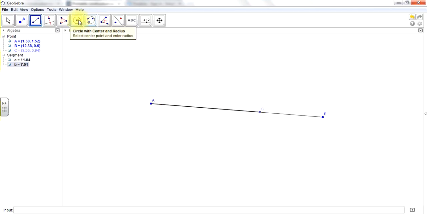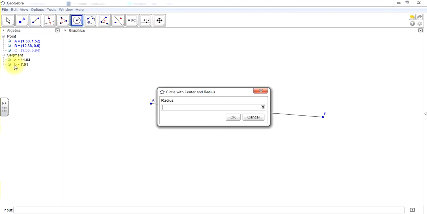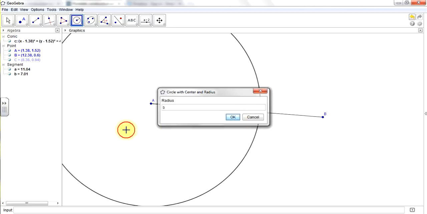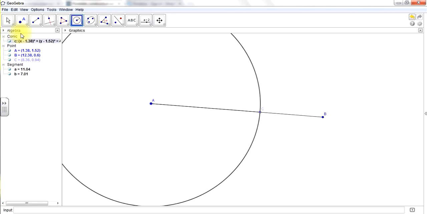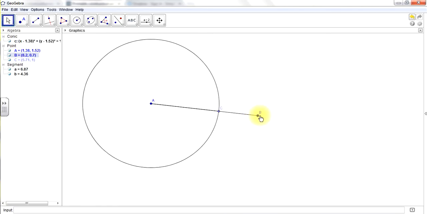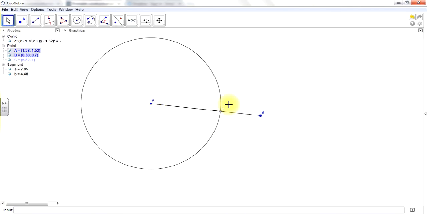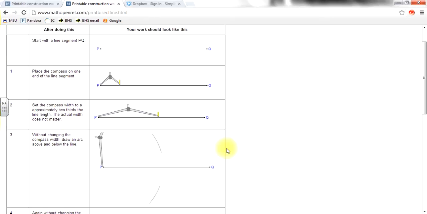So grab your circle with center and radius tool. The center is A, and the radius is this B segment that we just constructed. Okay, so there's our circle, right? I'm going to shorten B a little bit, just so you can see the picture. Notice C is more than half of the segment, and we constructed that circle. Now it says,